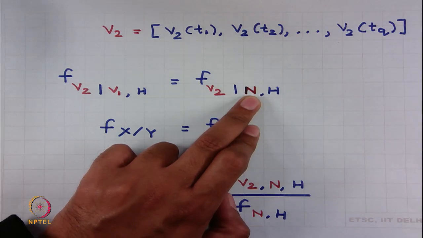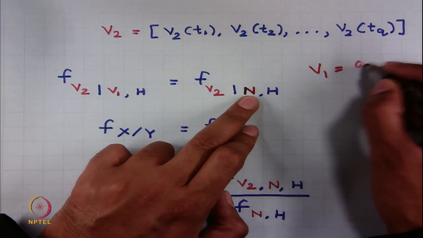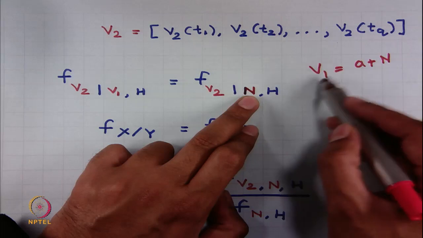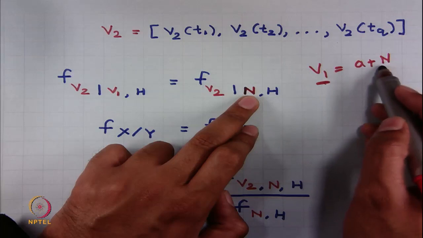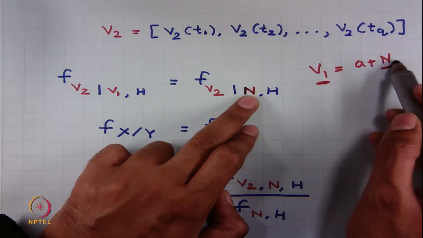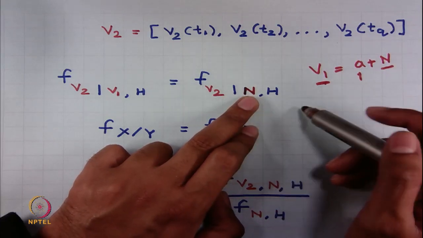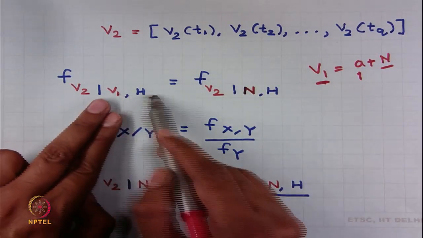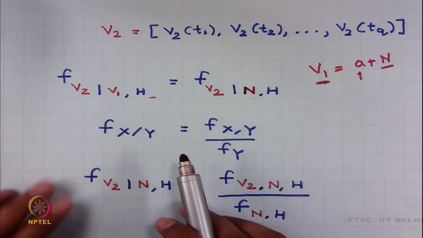For example, what is this V1? Let us say it is a plus n. So, if I want to find the probability density function of V1, this is the same as the probability density function of this random variable taking the numerical values n, because this is a deterministic function. So, that is what we are saying. The conditional PDF of V2 given V1 in H is simply the conditional PDF of V2 given n in H,